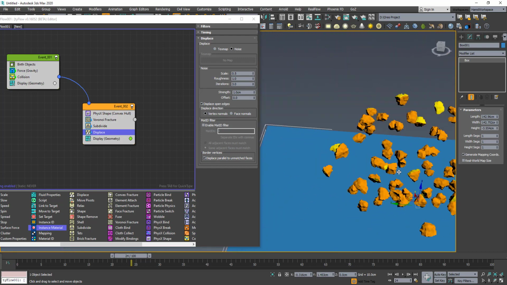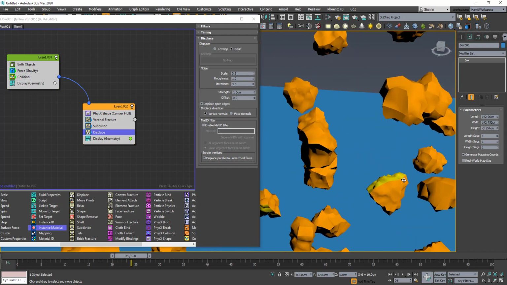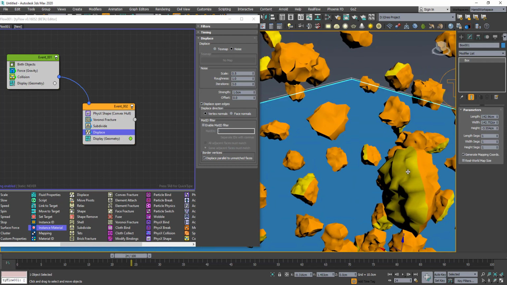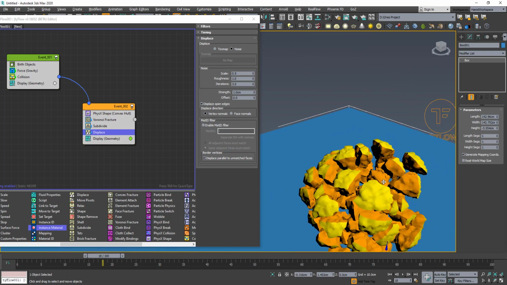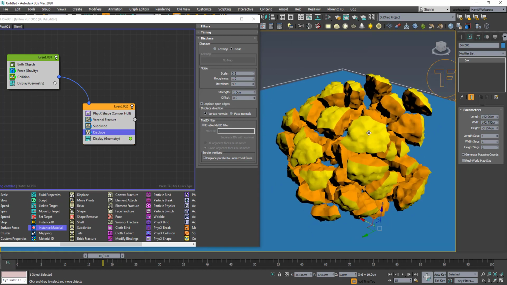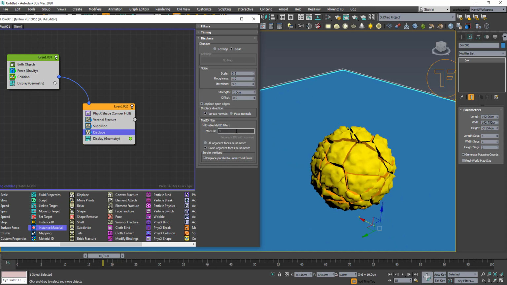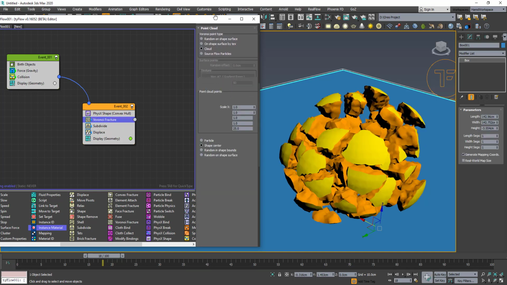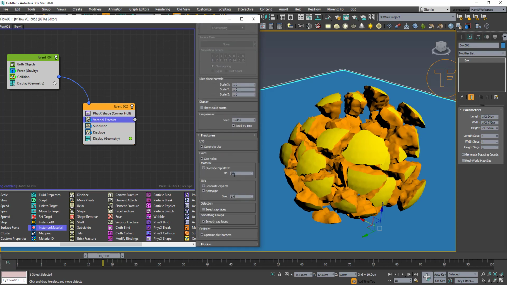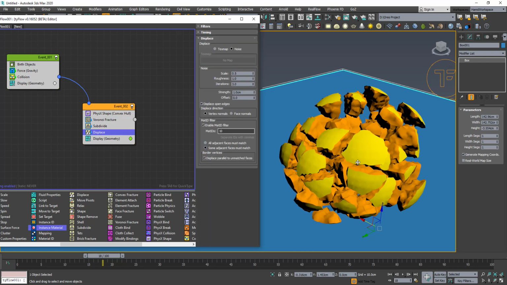Now, but the problem that you can see here, it looks like popcorn now, that the exterior is being affected. Of course, if you go back before, you can see the exterior is being affected. We want only to affect the interior. We can do it here. Enable MaterID filter, and let's set it to 10, which is the interior that we have set here. Okay, the 10. So the displacement is only going to affect the material ID 10, which is the interior in this. So we got a more detailed